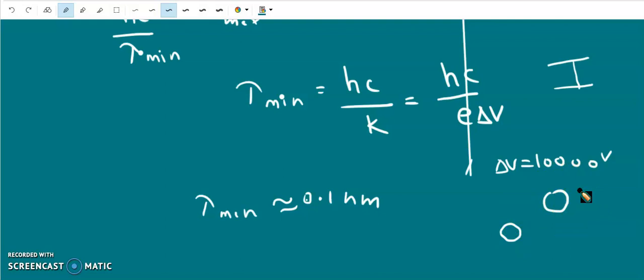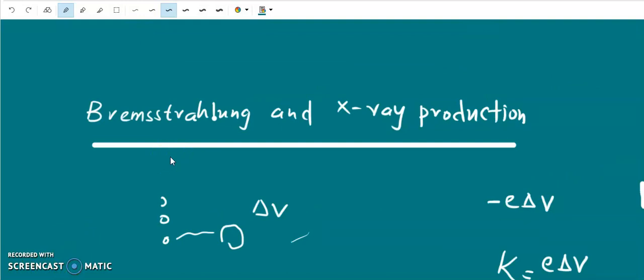So we get an X-ray spectrum with a continuous distribution. So this continuous distribution of X-rays is generally called Bremsstrahlung. This is a German word meaning braking radiation, braking or decelerating radiation. So the X-rays formed by this process are also known as Bremsstrahlung. So this is a continuous spectrum of X-ray.